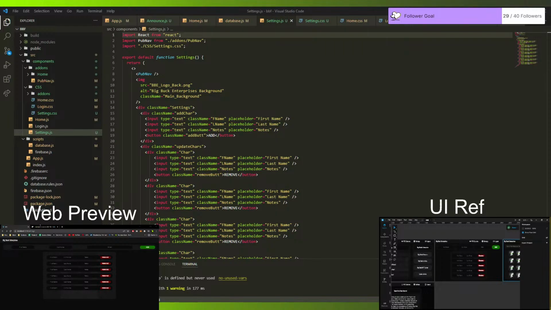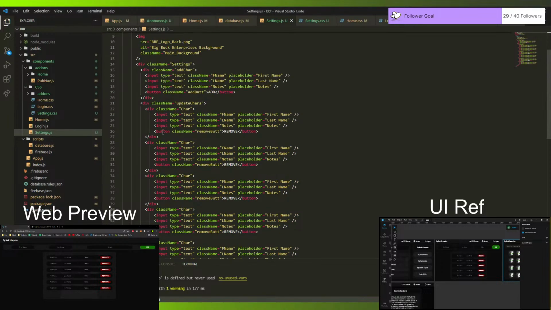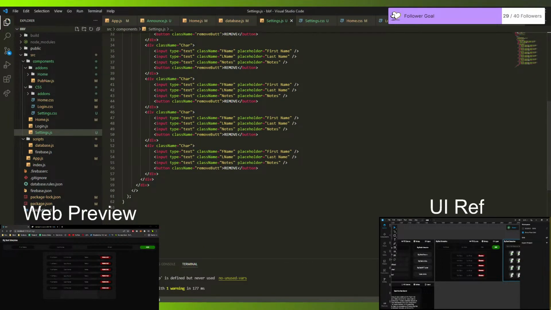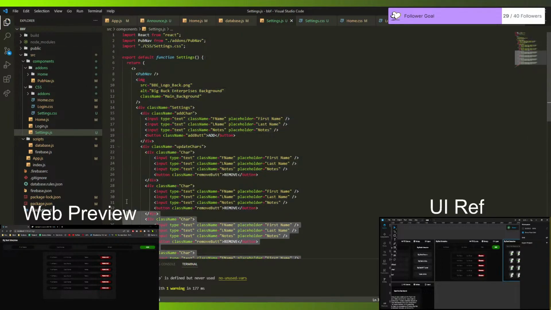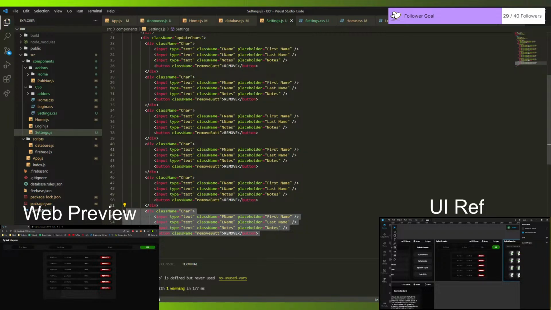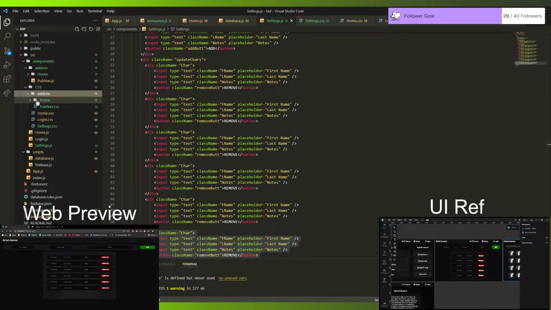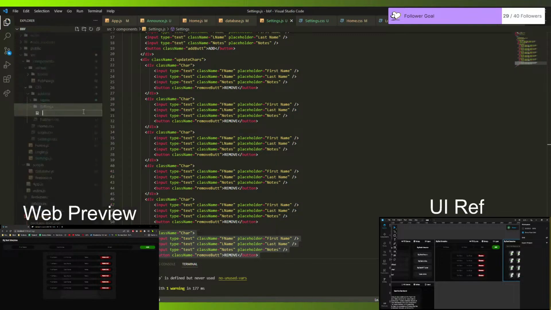Okay. So basically what we're gonna do now is we're gonna turn all of these into one component. Well, we're gonna turn the chart div into a component. Or really an atom, which is what I like to call them. So we're gonna create a new folder and we'll call it settings. Again, this is to help organization. It's not necessary, but it makes life easier. And then we're gonna do a chart